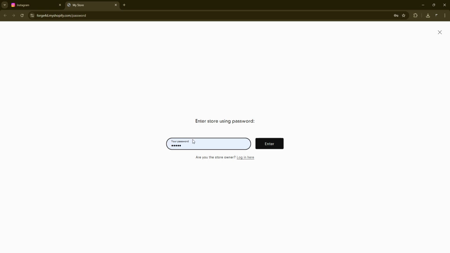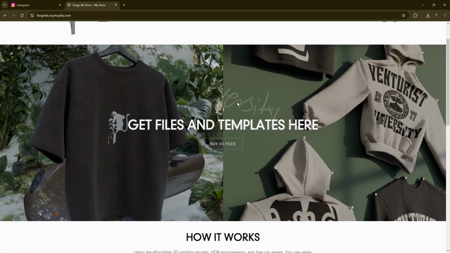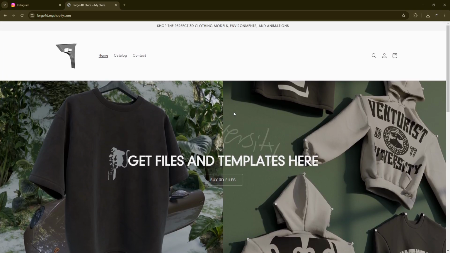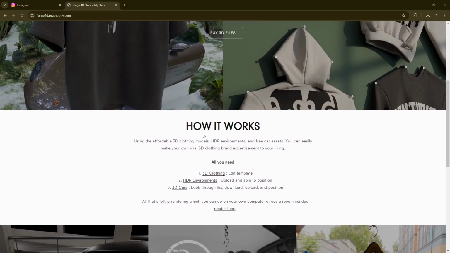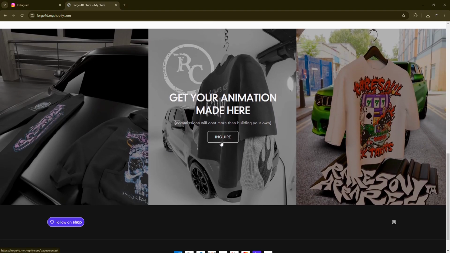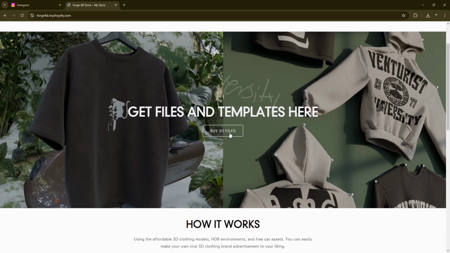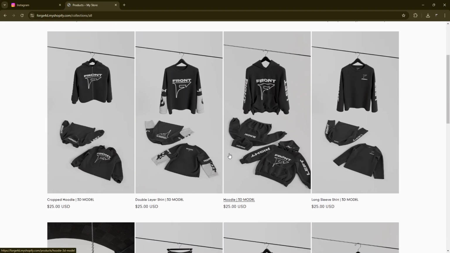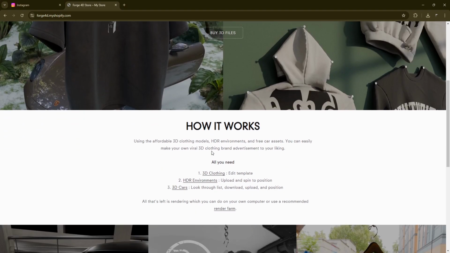It's locked now, so enter my password. At first, you'll see this section, get files and templates here. Then you'll see another section on how it works, and then another section to ask about commissions. On the first section, you can click on it and see every product we have, or you can follow the